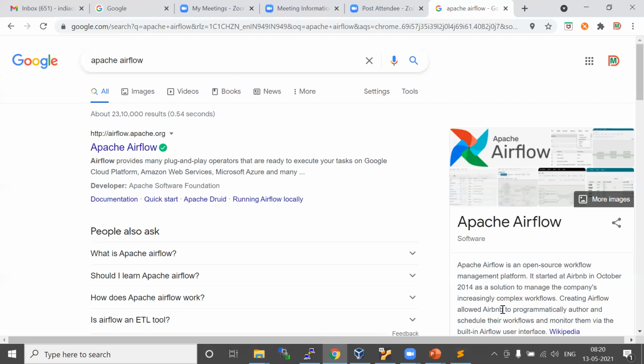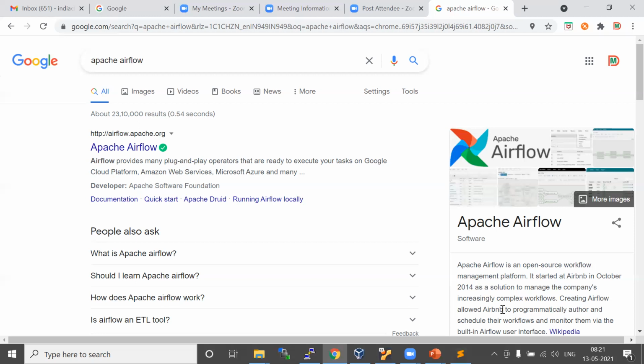AWS free tier, you can install Hadoop and all on that, right? Yes, we are going to use the free tier. You can create an account for a free trial. Some services you cannot use in the free trial. An EC2 instance you can create, and an S3 bucket you can also create; these are the two we are going to use. But EMR you cannot use in the free trial. You have to actually purchase it. When you use EMR, it will be charged.